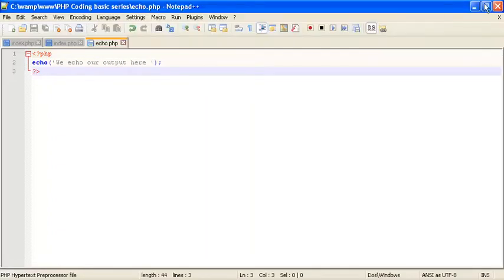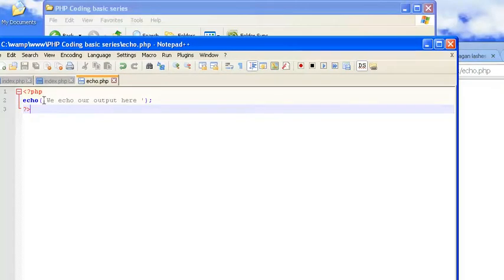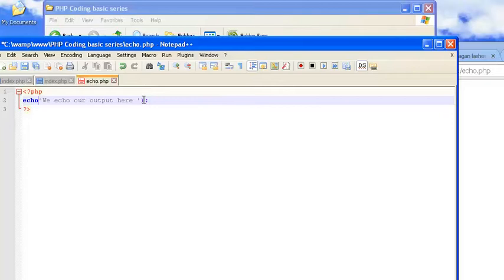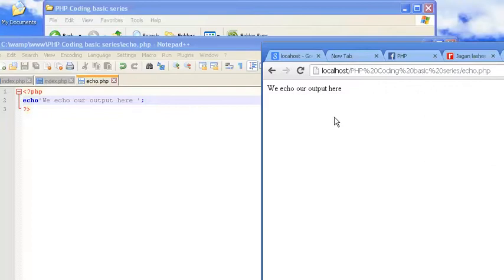But typically when you see PHP code written, you will see that they don't put the parenthesis and it's just done like this. This will also work. We just save this, and now if I refresh it, you see the output remains the same. But my point was to show you all that echo is nothing but a built-in function of PHP, and like any other function, it has the same construct: the function name followed by the parenthesis, and inside it the arguments. In this case it's a string which we want to print on the screen. So hopefully this makes sense.